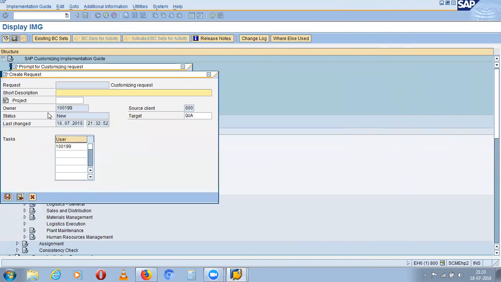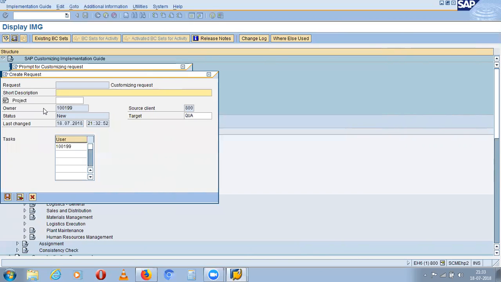I have clicked it. Yeah, in the description, you specify user request. You can give any description. For example, you are a user, right?